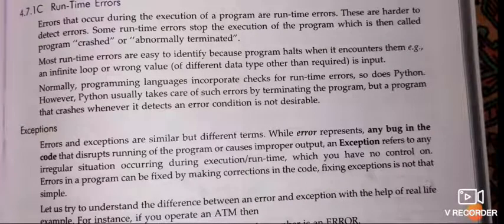An exception refers to any irregular situation occurring during execution or runtime. You need to go through the difference between errors and exceptions. Exception means situations which occur during execution, or during the running time of the program, over which you have no control. There is no control to fix this exception.